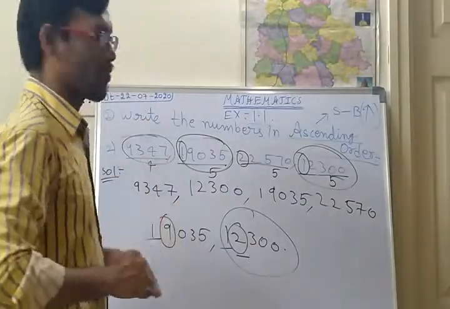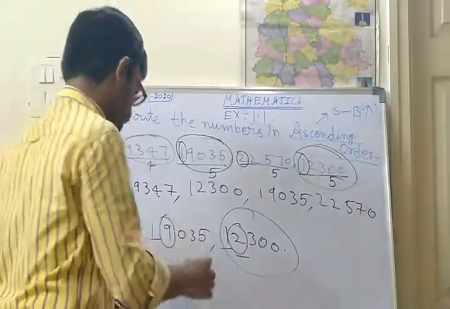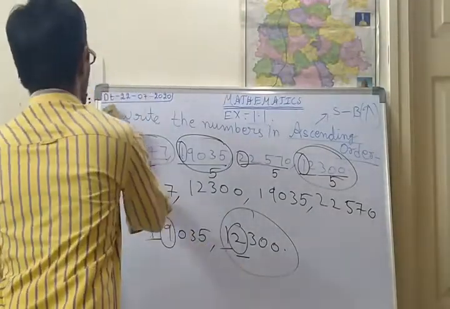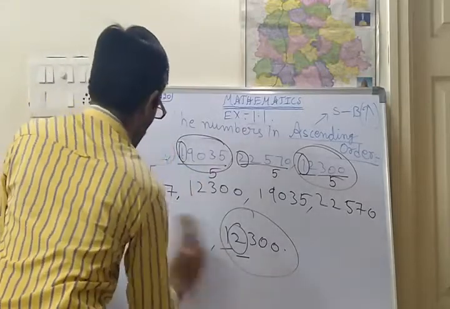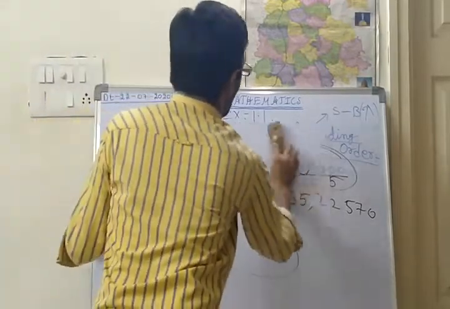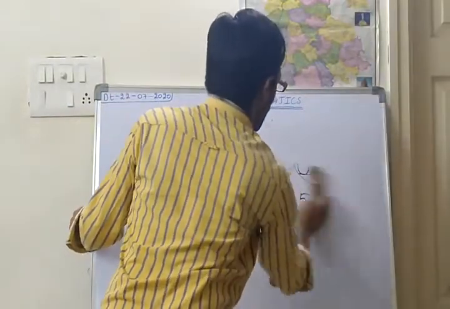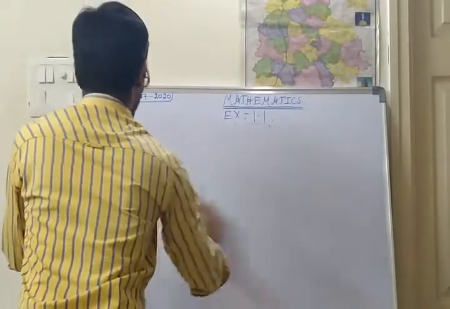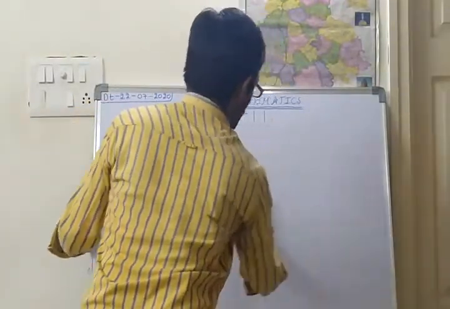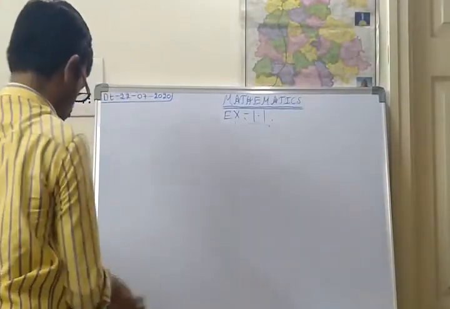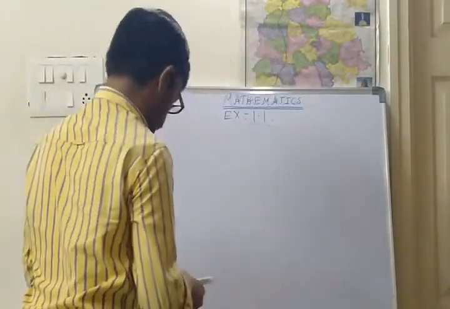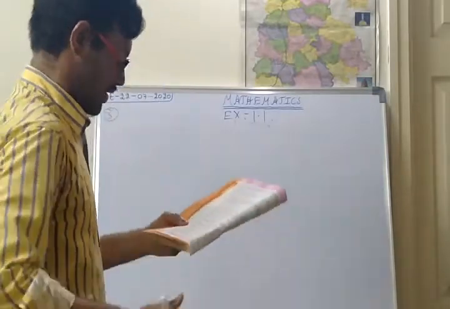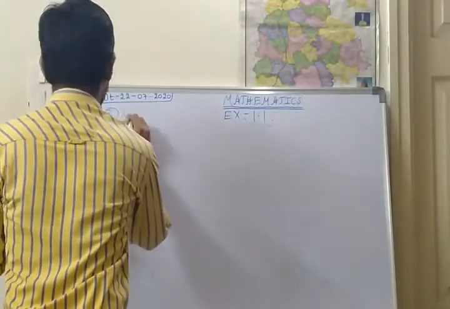There will be one more problem. You try, afterwards I will write on the board. Now see the next bit. Next, third bit, last bit in this class. Write the numbers